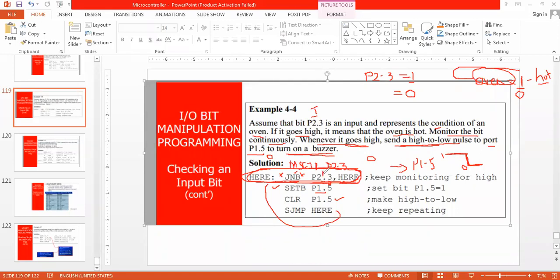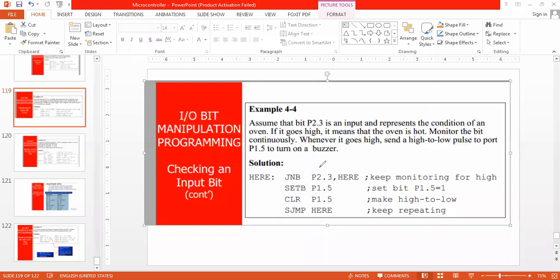Okay. Again I am monitoring P2.3. If suppose it is 1, high to low will be sent. Again keep on monitoring. Keep monitoring for high. If it is not high, then keep monitoring. If it is high, then come here. Is it understood how to keep on monitoring a single bit?